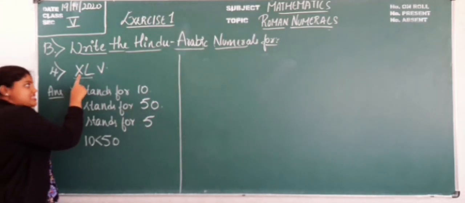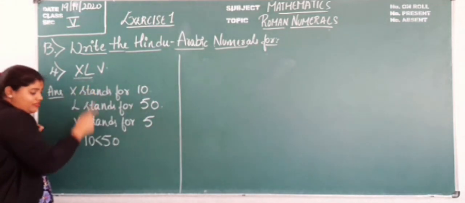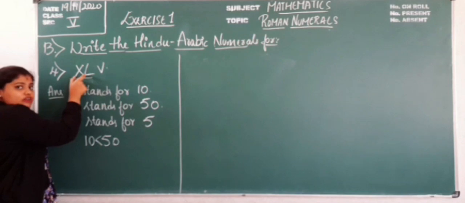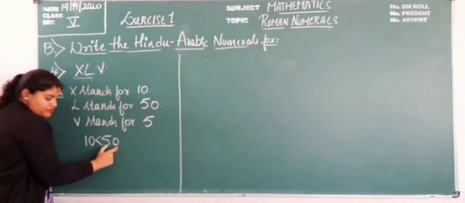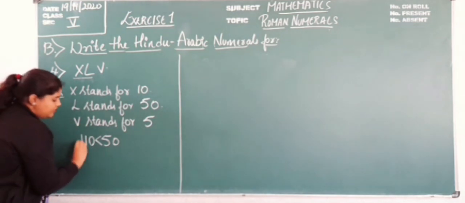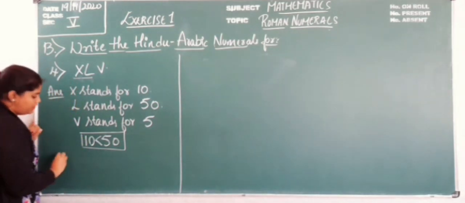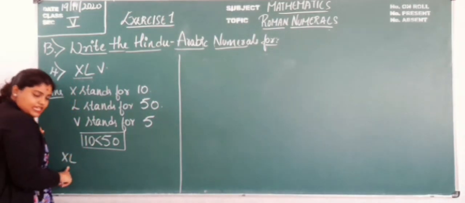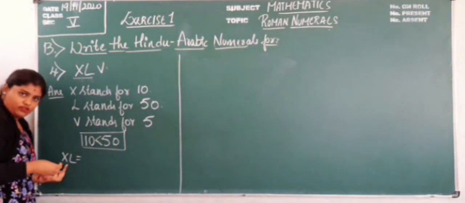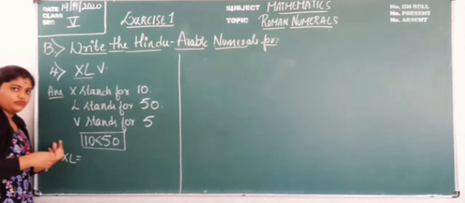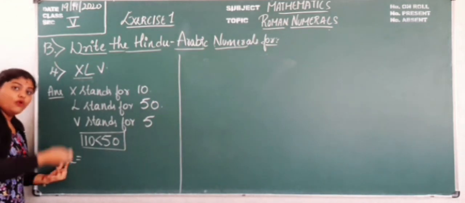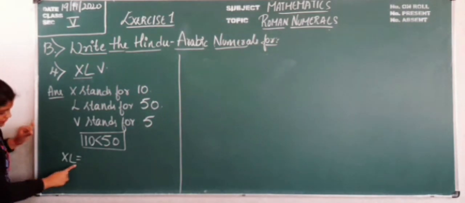Here 10 is less than 50. Here it is X, here it is L. The value of X is 10 and the value of L is 50. We know that 10 is less than 50. So if you consider XL, X is 10, L is 50. We have a rule: if we write a symbol of a smaller value before the symbol of a greater value, here 50 is greater than 10,